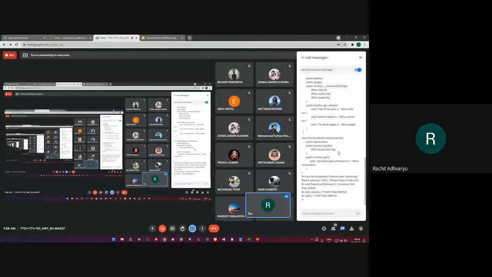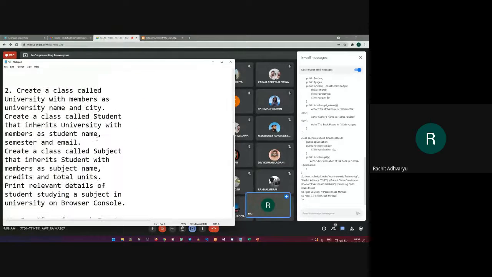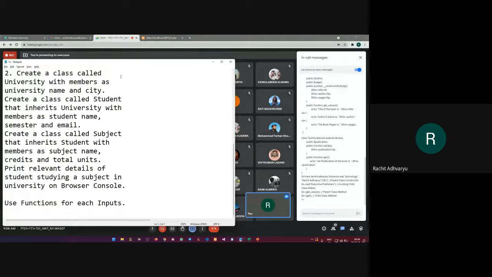So based on this, here is my next program, for you to do in the next, I would say, 12 minutes. I'm just opening that program now. Read it first, and then I will explain. You read it on your own first, and then I will explain what this program is all about. It's simple multi-level inheritance, I would say.